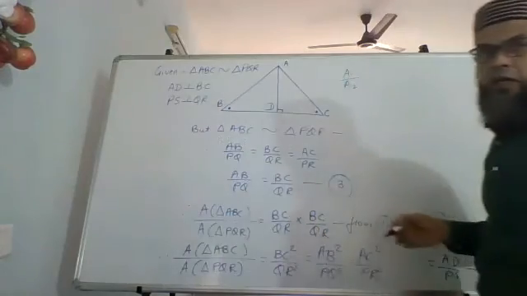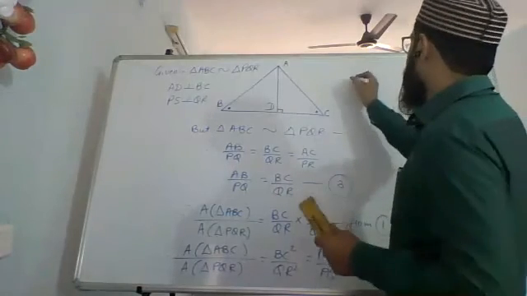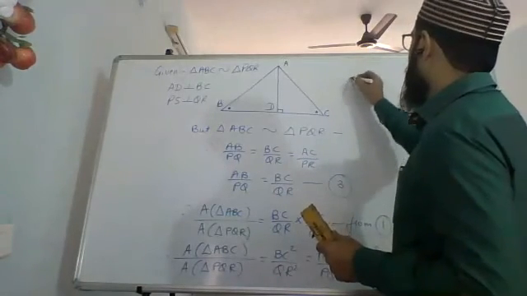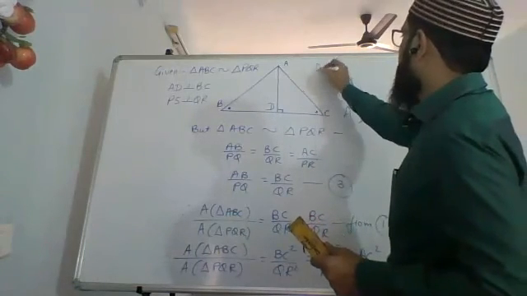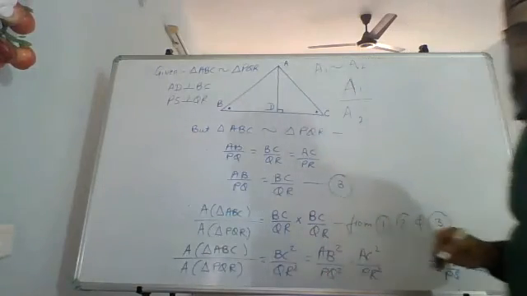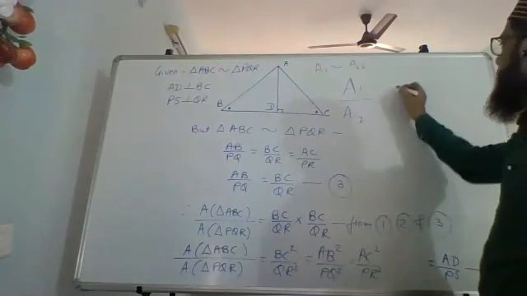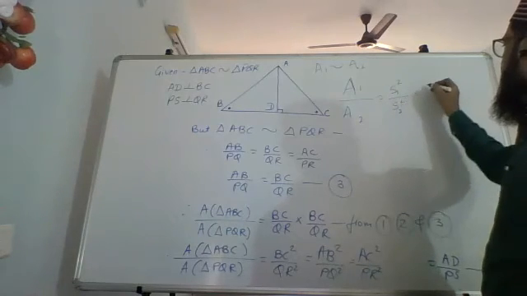Of course, it is given that the two triangles are similar. Only if the triangles are similar. If the triangles are not similar, this will not work. So the ratio of areas A1 upon A2 is S1 square upon S2 square equals to